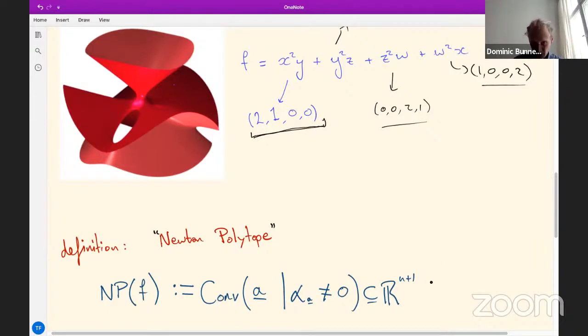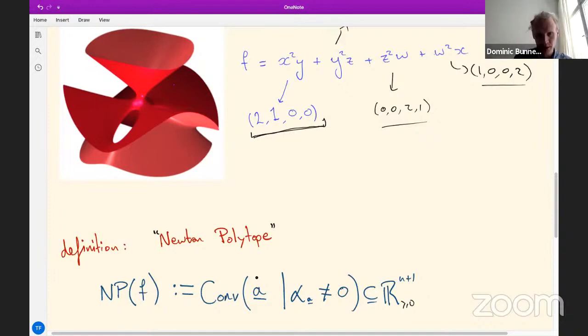This will be contained inside the positive orthant, because we only allow normal monomials, not Laurent monomials. This is exactly one way that we can reduce f to some kind of